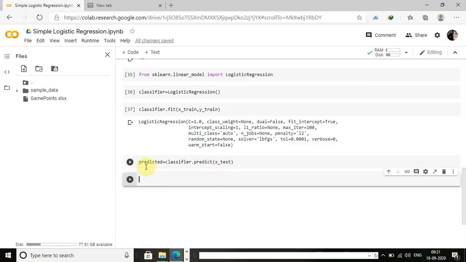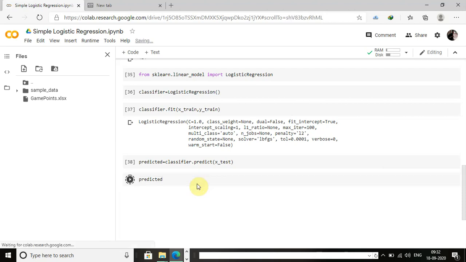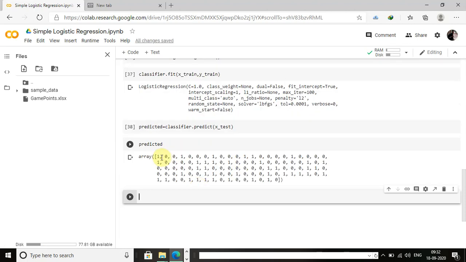Now this predicted variable will store all the values predicted from the test data set, meaning the coins data in the test data set. See here, the predicted 1 means the offer will be sent, the player will be eligible for the offer. 0 means the offer will not be given to the player.